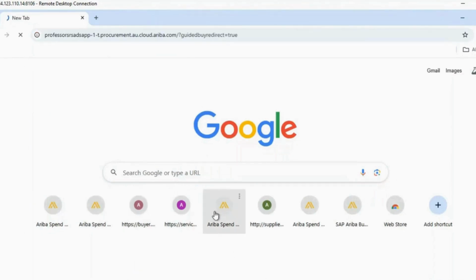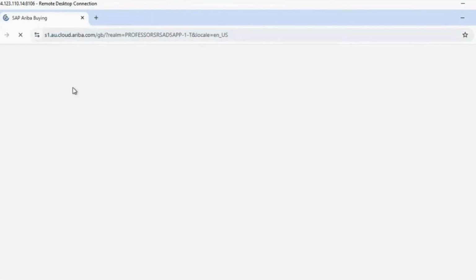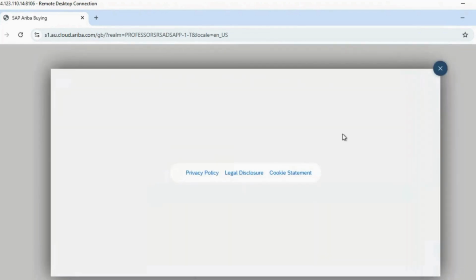Let me log in Ariba. So this is guided buying login. For guided buying, we have a separate URL. So this is the guided buying system. It looks the same as e-commerce software in B2C. If you already worked on those, you might know. In this guided buying, you can search your goods in the catalog and with just one click